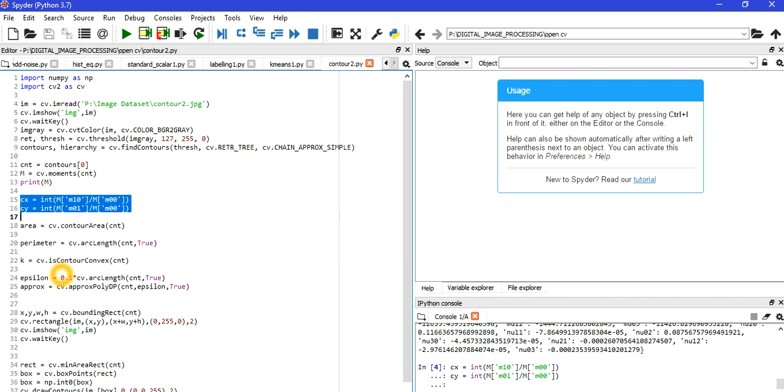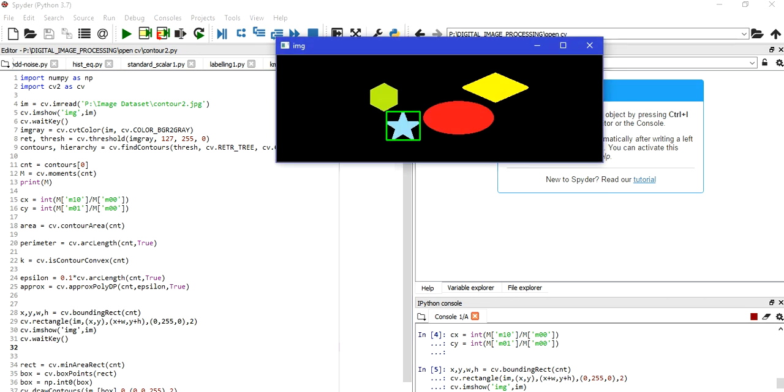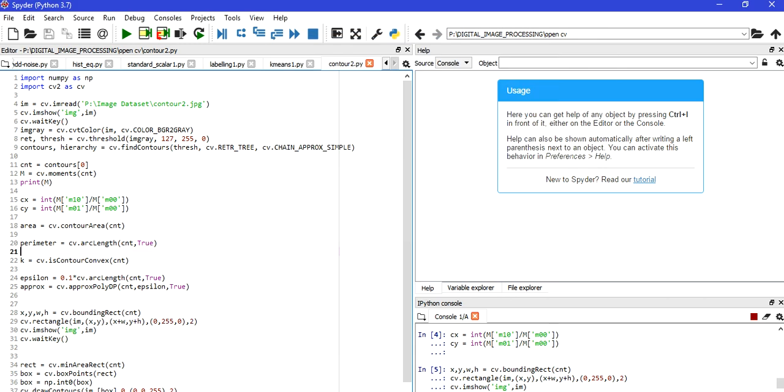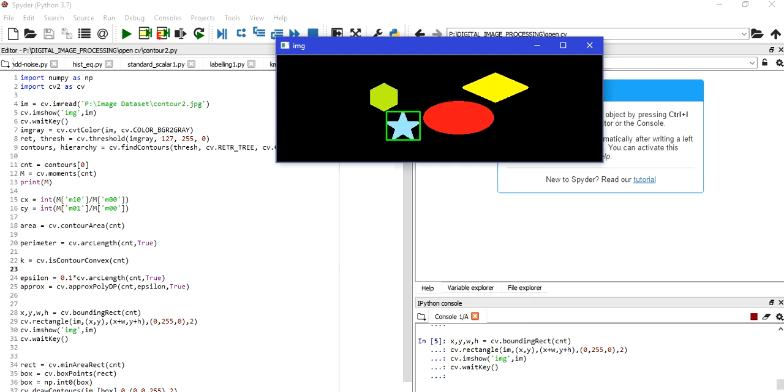Then I can show you the rectangle drawing. This is the rectangle. Okay, so that's it. Now one more thing, whether the contour is convex or not. You can also check it. So check. Okay, and that's it.